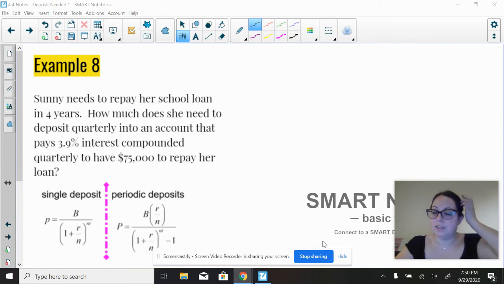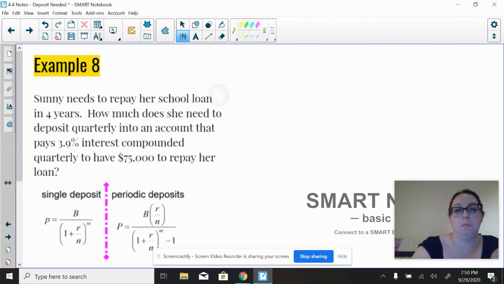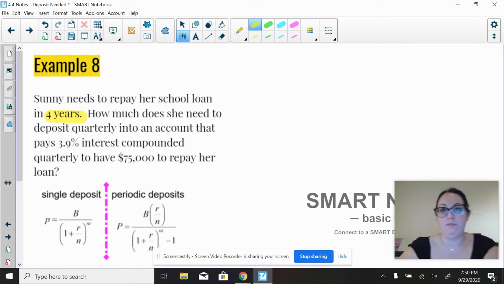Okay, so we're going to take a look at this last example, number 8. Sunny needs to repay her school loan in 4 years. Usually while you go to school, you don't have to pay your school loan, so you can save up money while you're not making payments and then put a good chunk down when you graduate. How much does she need to deposit quarterly